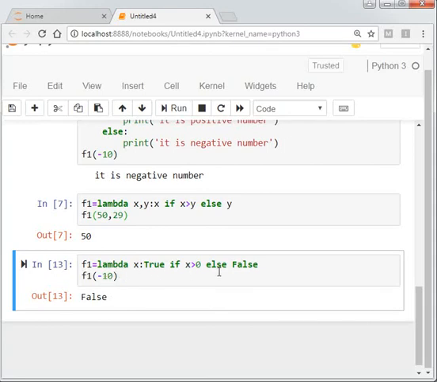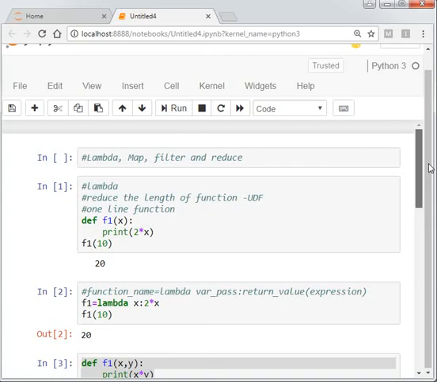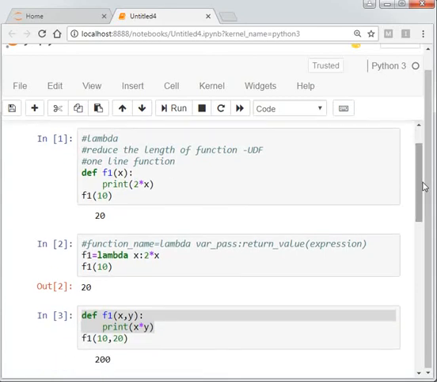So this checks whether it is a positive or a negative number, and it will be printed here. In the lambda function, I generally use it where we have only one line, the smallest function, only one process applied on some data. So we use the lambda function.